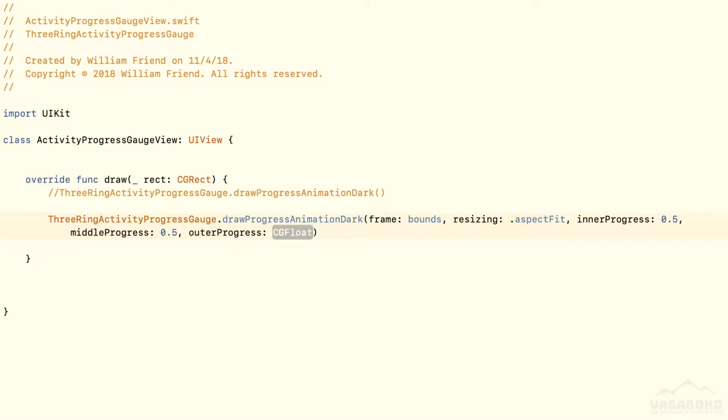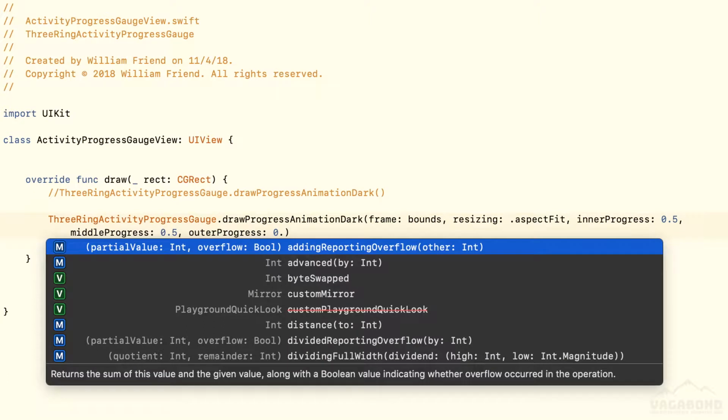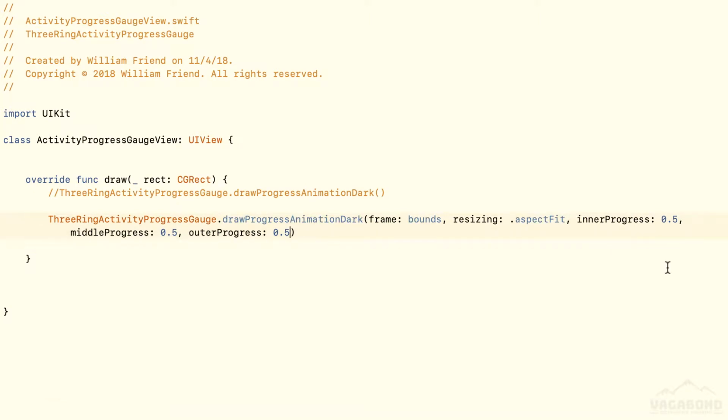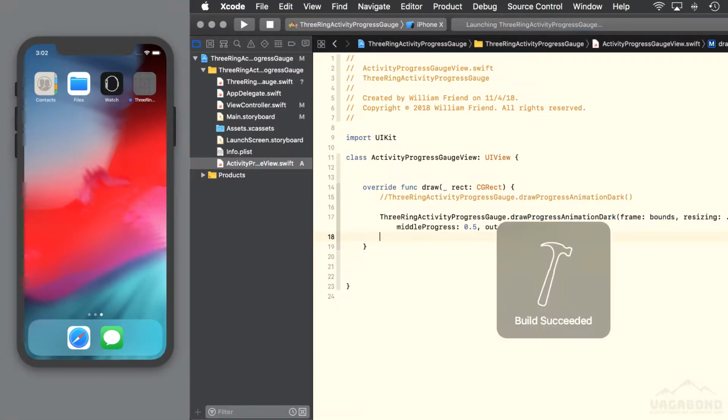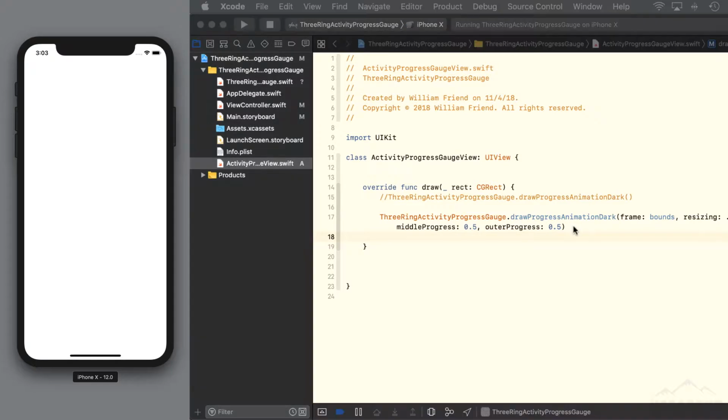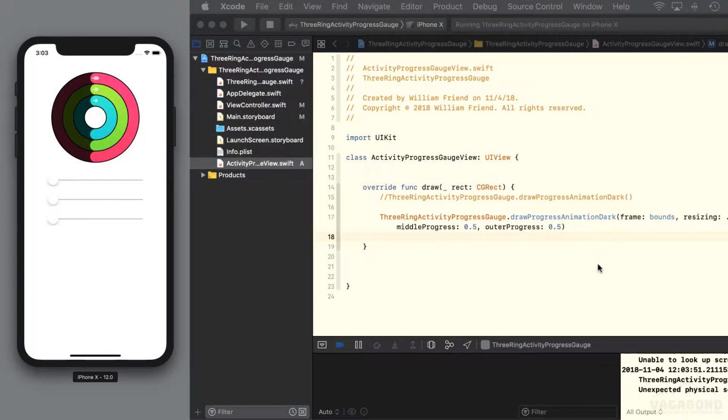A little later in our tutorial, we will be passing in the position of our UI sliders to adjust the ring's progress value. We now have values in all of the required parameters, so let's run the application in our simulator and take a look at what we got so far. The animation should be the full size of the UIView and all 3 progress rings should be at the